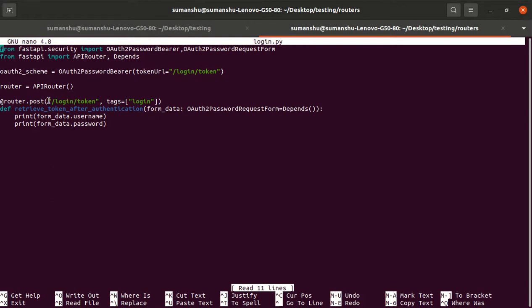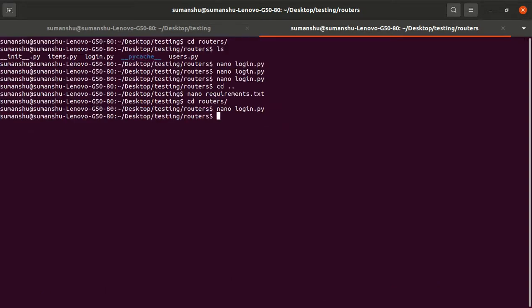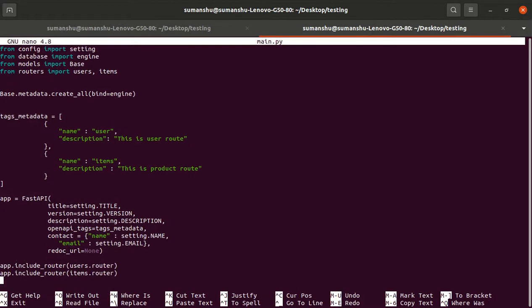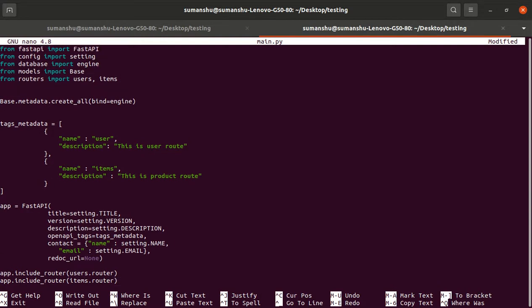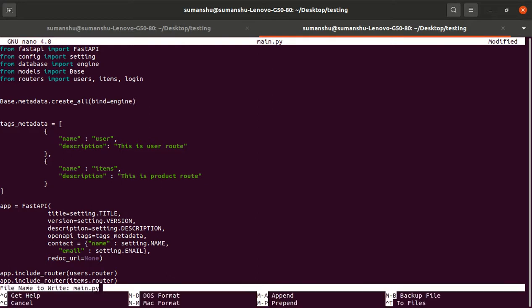Because we have not included this path in our main file, so we have to include this path in our main file as well. So Control X, nano main.py. Here we have to include app.include_router(login.router), and we have to import login as well.